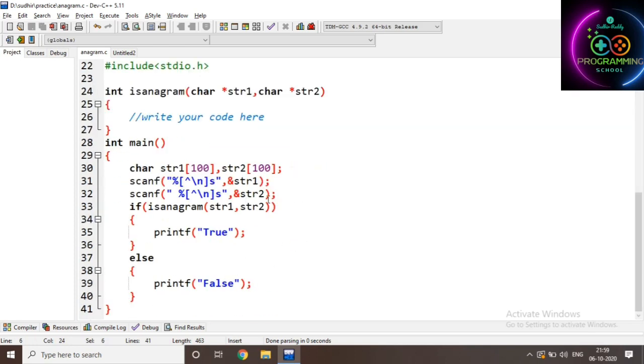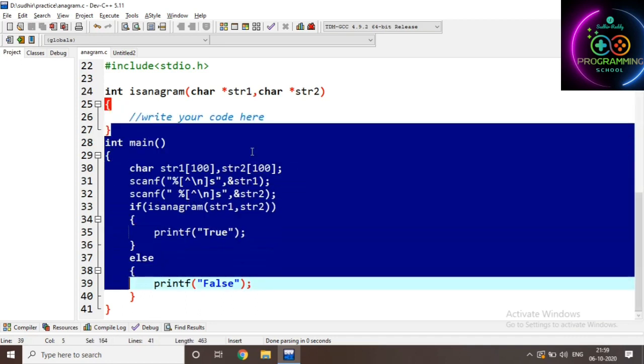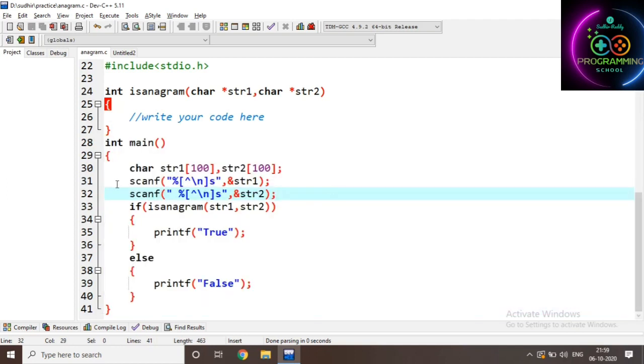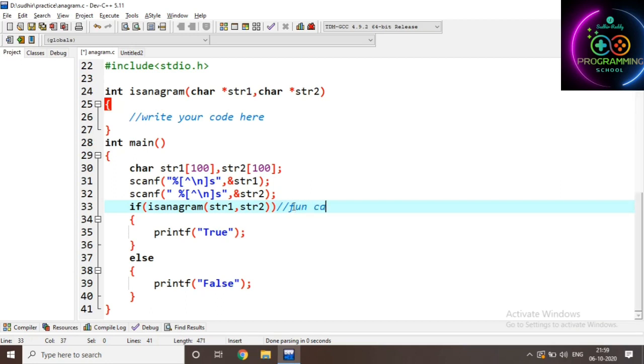just look here. The question is going to be like this. Sometimes the total main program is already written by the compiler, and we have to write our code here only. Write your code here. First of all, with these types of questions we have to observe what is the content in the main program. Here it is reading two strings, and here is the function call, and from the function call we have to observe the things here.